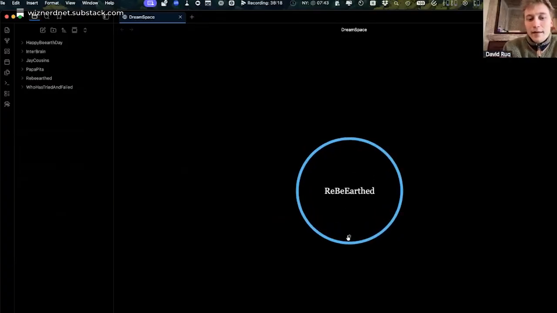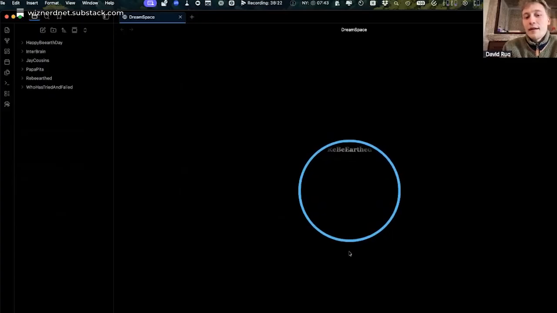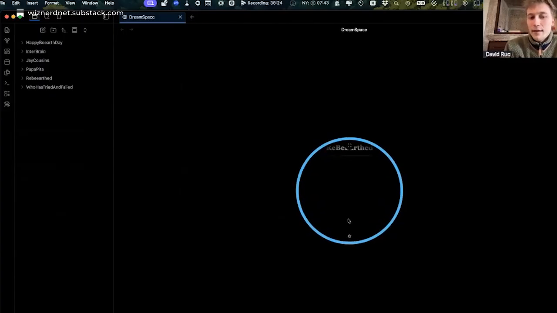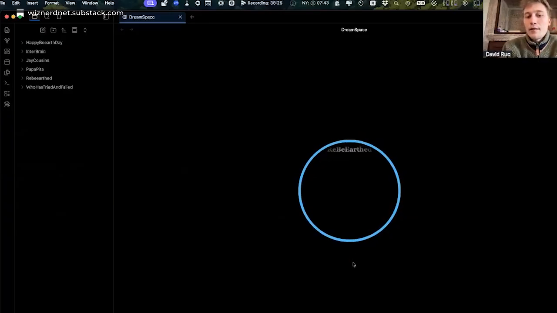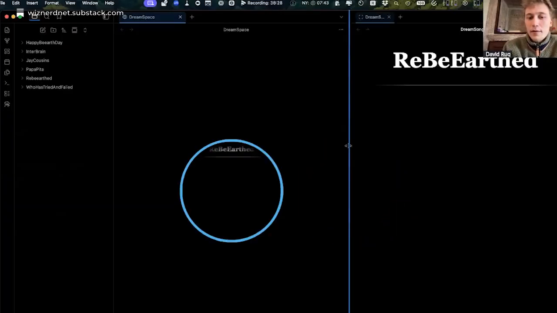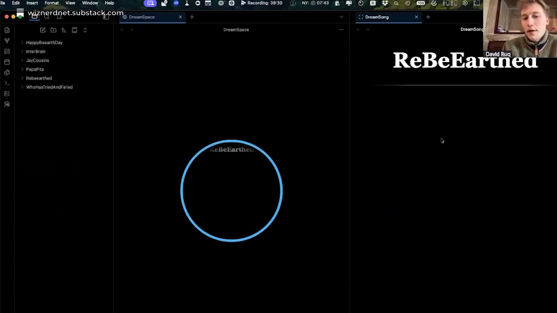and now there's this flip button at the bottom. If you flip that around, then this backside shows you the dream song, which doesn't exist yet. But if you click that full screen button at the top, it opens that empty dream song in its own panel. And if you go to the left again to the dream node and you hold Option key again,